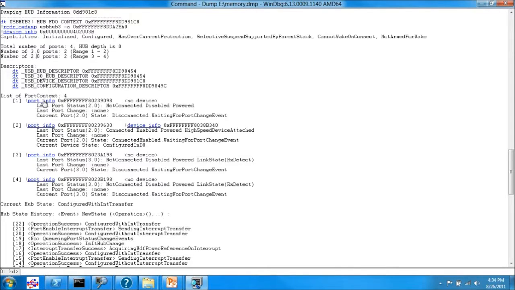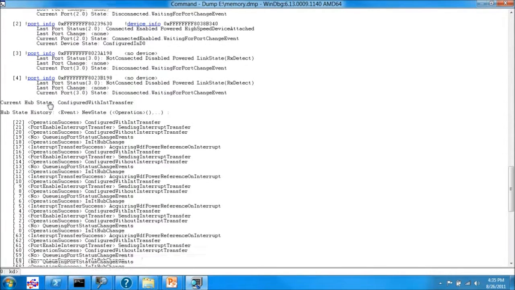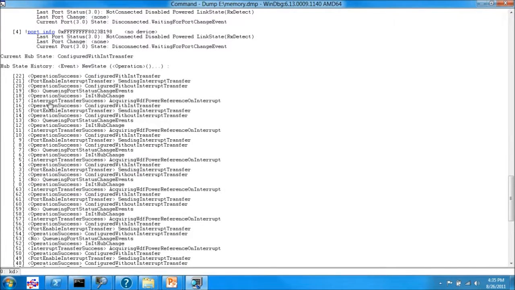But what you see here is a high level summary of the port, which is the current state of the port, what the last events processed on this port are, and following that is a long state history